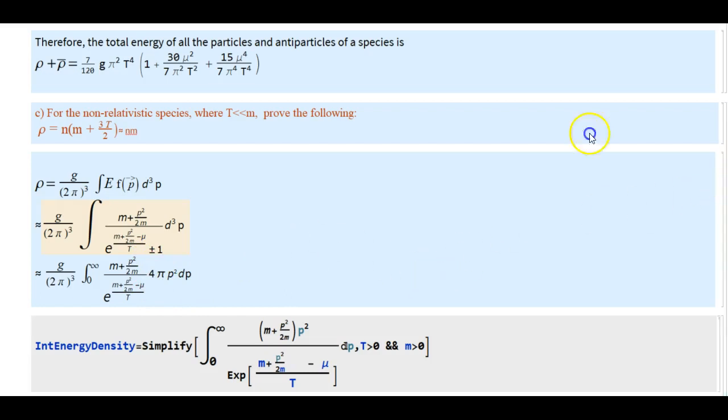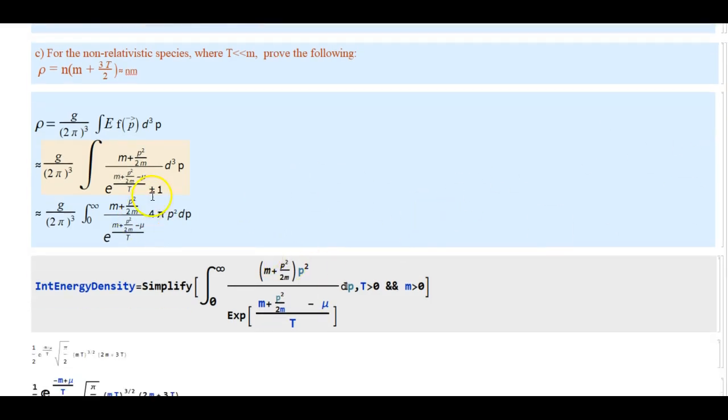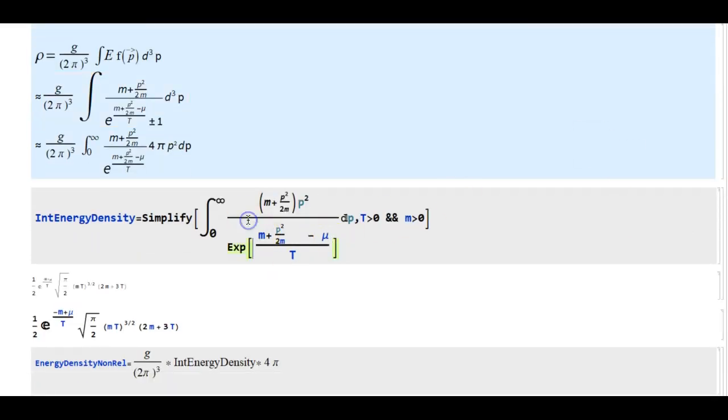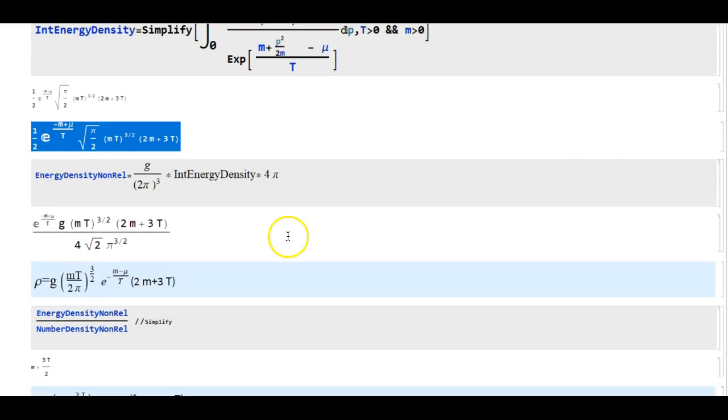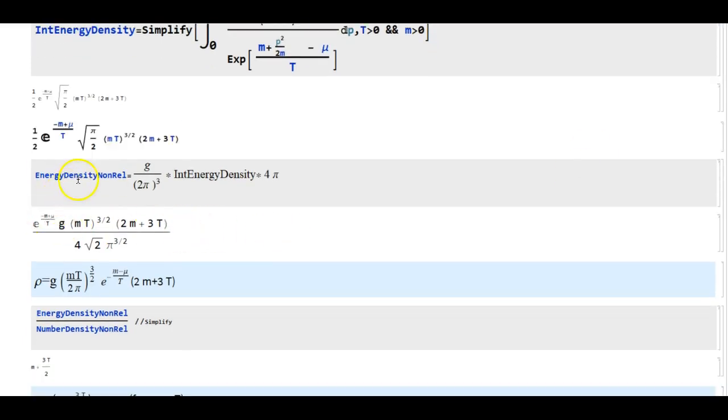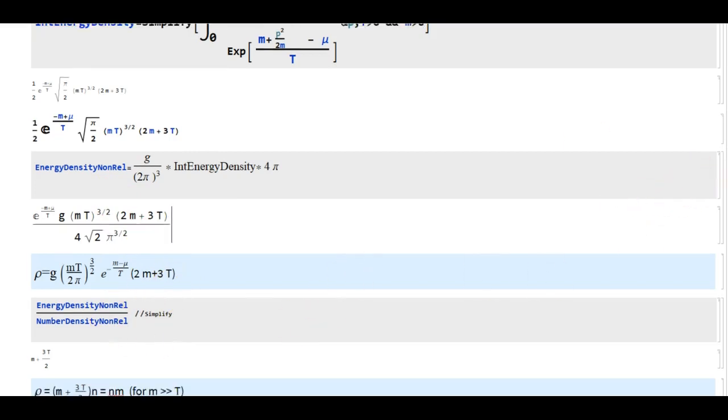Everything is straightforward here, and this plus minus 1 is no longer needed in the non-relativistic regime because the exponential term is much greater than plus minus 1, so we can drop this plus minus 1. And again, plug in the values in the integral. This is the Mathematica command here. Simplify, and you get this. So after a bit of Mathematica cleanup, you see that